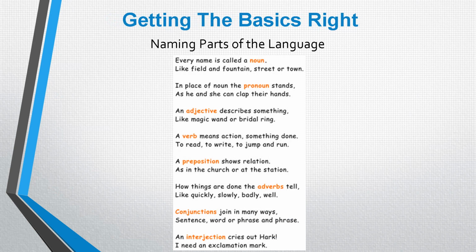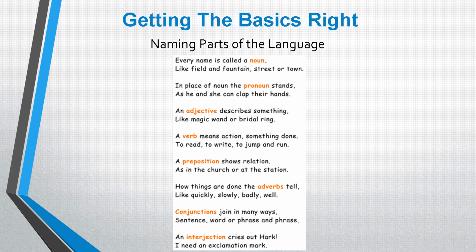It is important to be able to name parts of the language. This means that we are able to analyze our own writing and see what mistakes we're making, and it also allows us to follow structures that other people give us. So I'm going to be giving you some grammar structures later in this video. So I want to make sure that you know what the different parts of the English language are. So we're going to take a look at those now